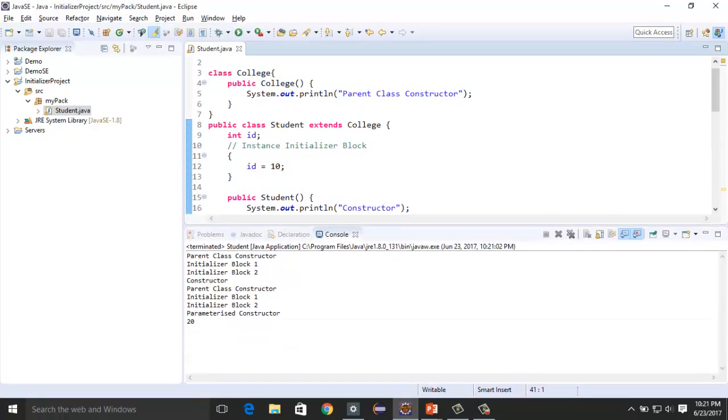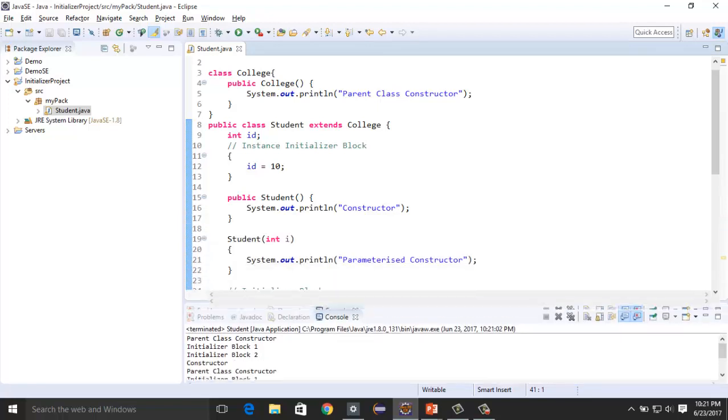So if I look at the output, then parent class constructor is invoked 2 times, and 2 times each initializer block gets invoked, and constructor and parameterized constructor.